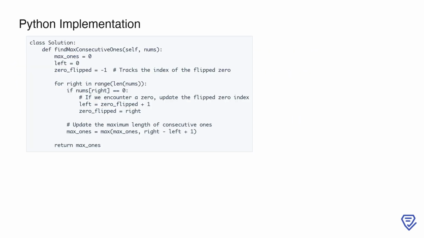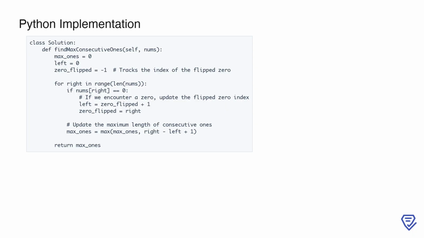This Python solution solves the LeetCode problem number 487, Max Consecutive Ones 2, using a sliding window approach to find the maximum length of consecutive 1s after flipping at most 1 zero. We start by initializing max_ones to keep track of the longest sequence of 1s found so far. Additionally, 2 pointers, left and 0_flipped, are used to manage the sliding window. The left pointer represents the start of the current window, while the 0_flipped variable stores the index of the last